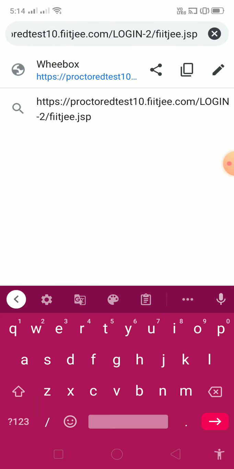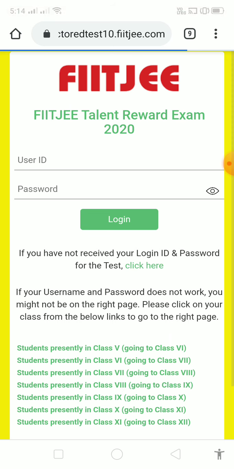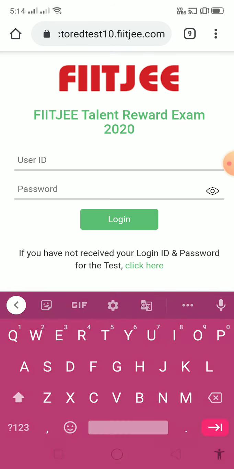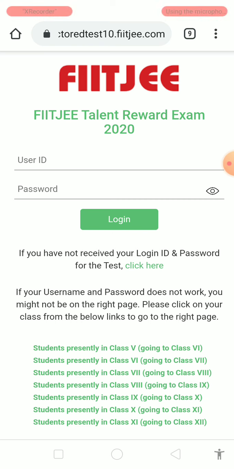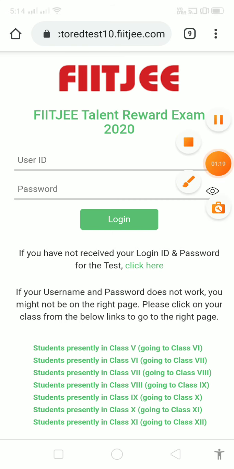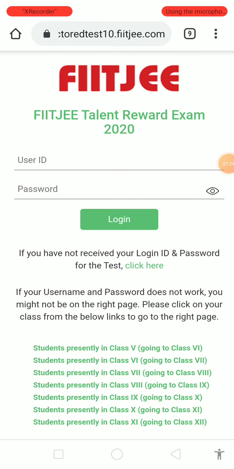Either way the link will be opened, but the user id and password you get in the message you need to type manually, because if you copy and paste, there may be a difference in the password or the user id.